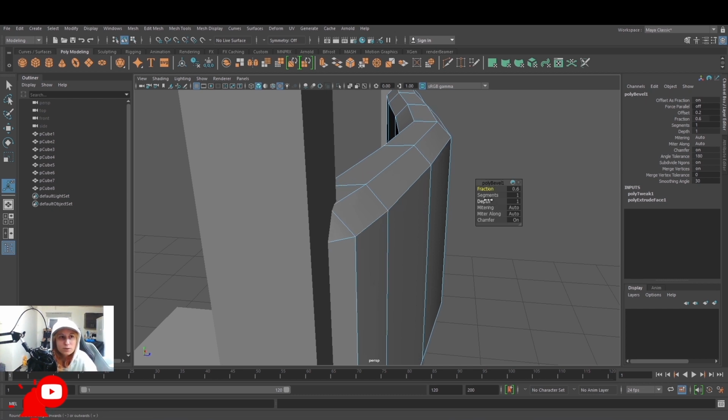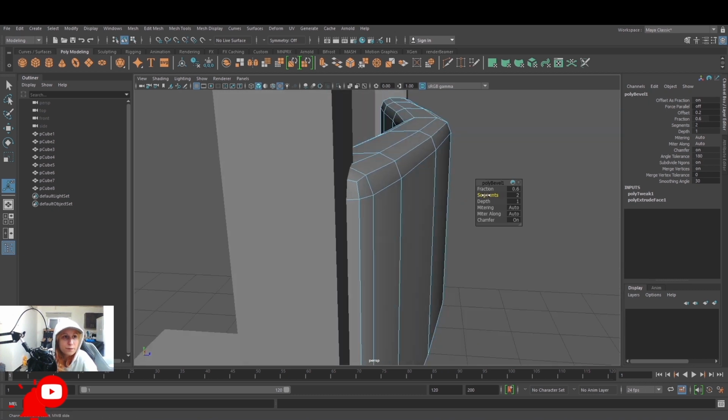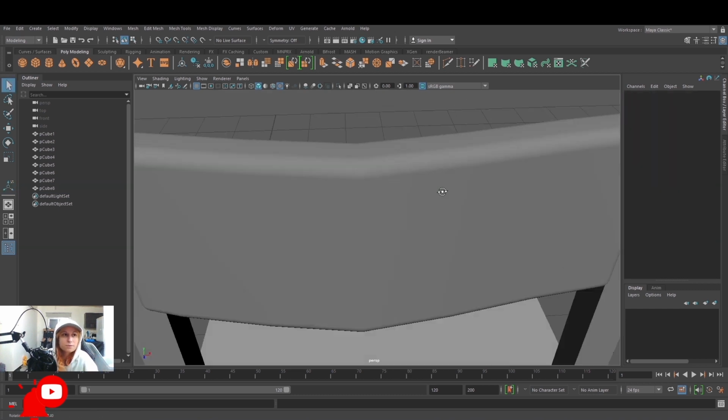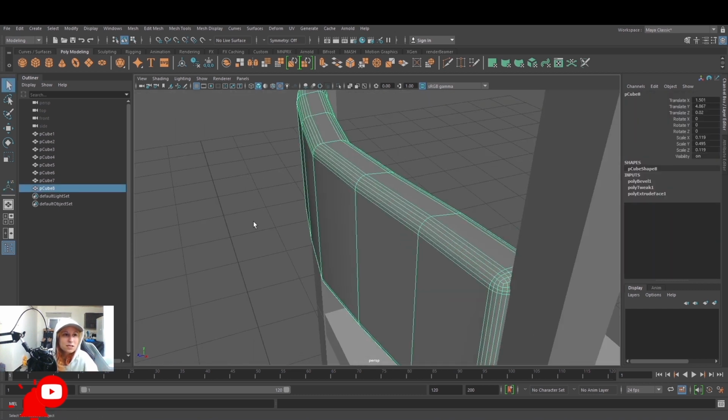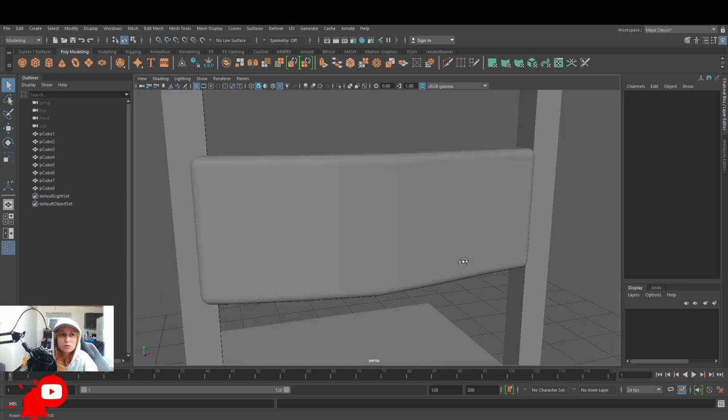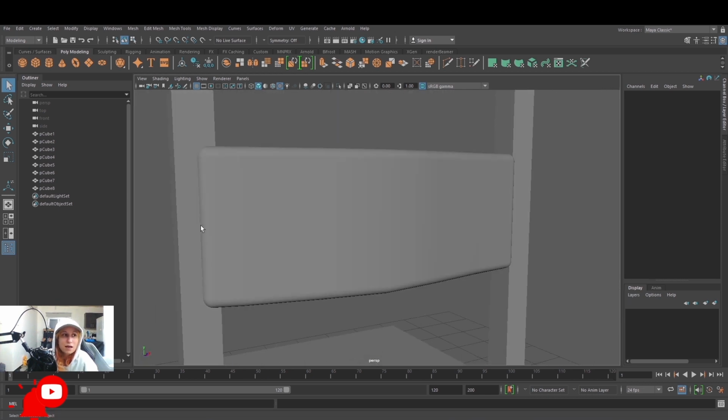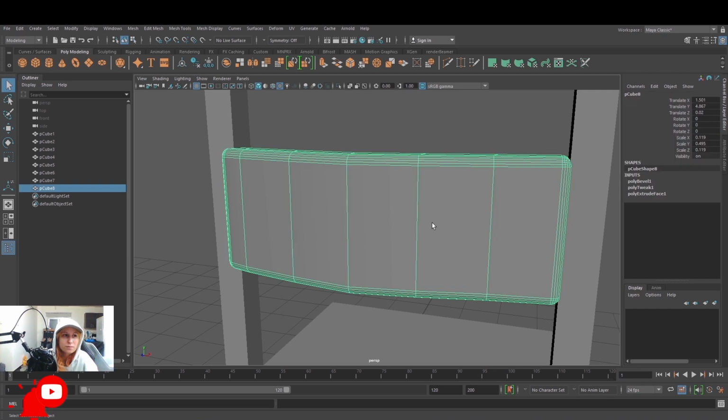But if you put these segments, it's like the subdivisions, it smoothes. I have 1, so it's still edgy. I put 3, it's becoming smoother. With 3, it's better. 4, 5, let's say here. So you see, you have a very nice smooth edge. And the whole thing is smooth. But